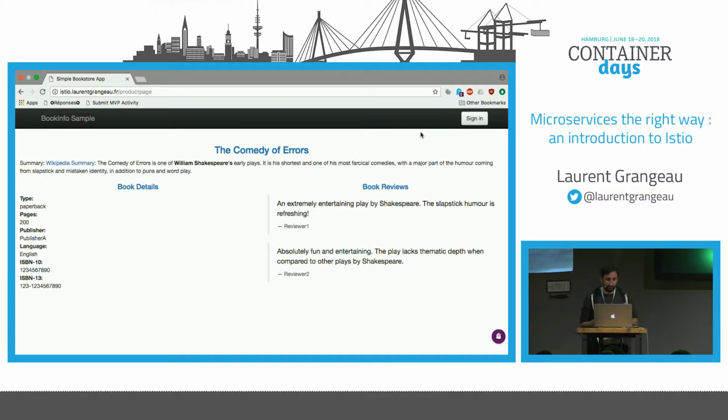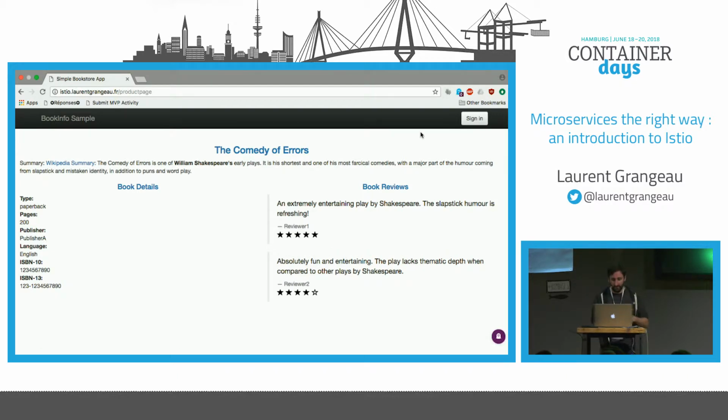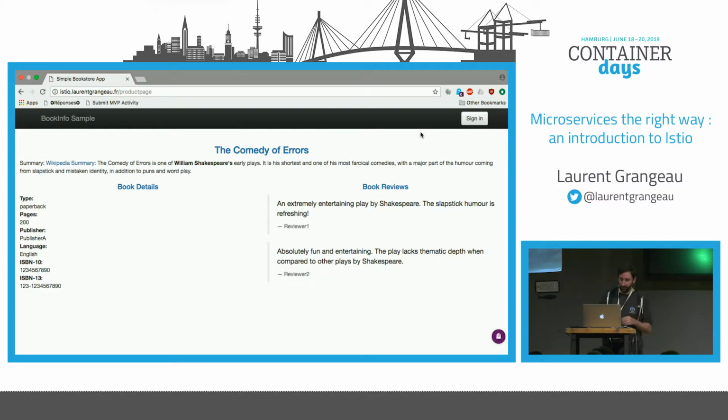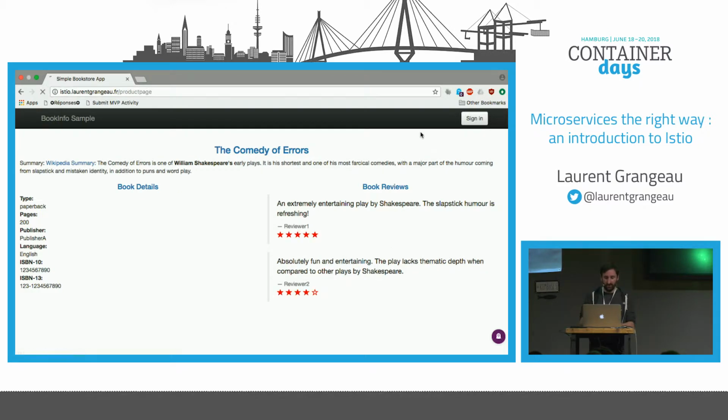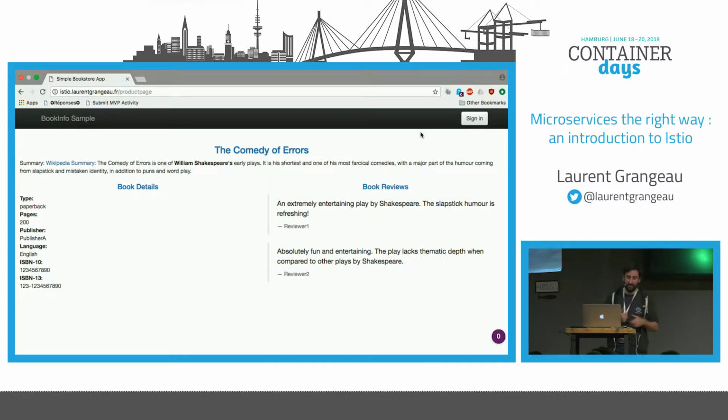If I hit refresh, you see normally that we have some black stars, and if I hit refresh again, we have some red stars. So the application is like I designed. It's routing like round robin: review V1, review V2, review V3, and so on. If I hit refresh, you can see that the page is cycled.